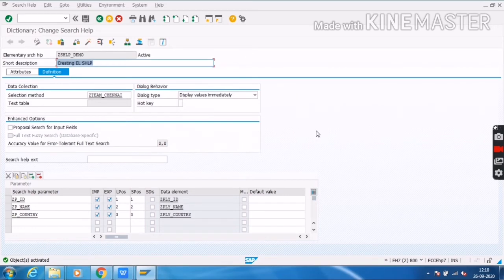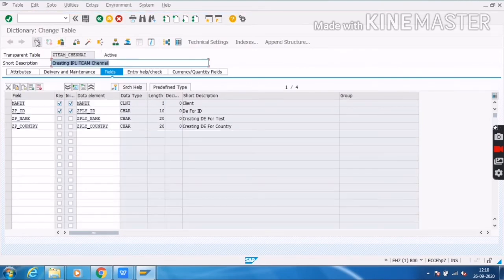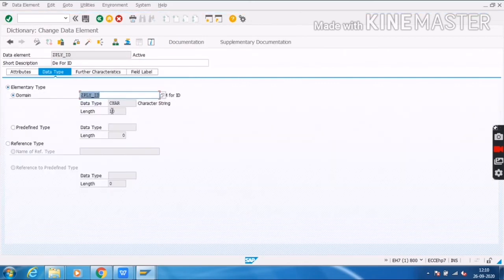Now I want to use this search help in my custom table. I will go to my table ZTEAM_CHENNAI and click on edit. I will double click on this field. Now we are inside a data element. Inside the data element, click on the Further Characteristics tab.